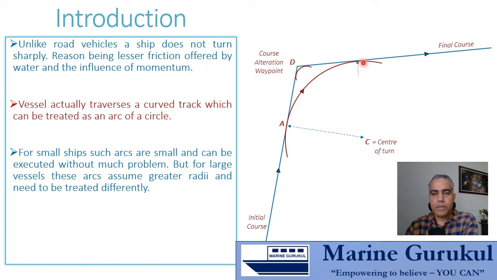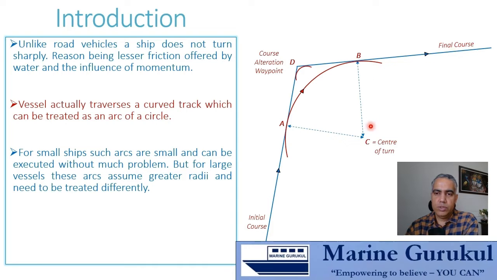So let us for the time being show the center of the turn. You can see this is the initial point A. The vessel moves on the initial course up to point A. From point A, it starts to move on the curved path. It moves on the curved path up to point B. And from point B, Bravo point, it starts to again move on a straight line track, which is the final